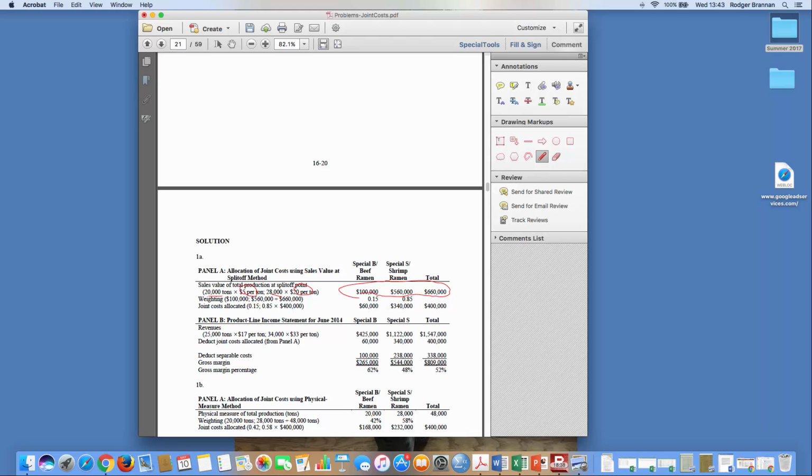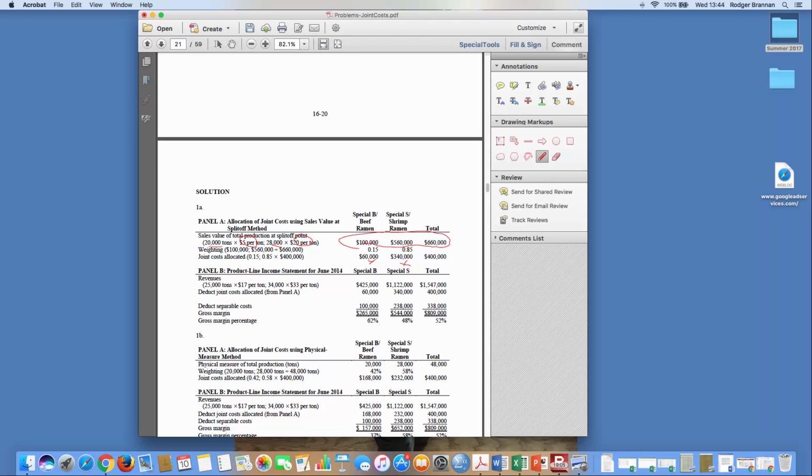an 85-15 split. Fine. 15% of my joint cost of 400,000, 60,000 of cost would be allocated to the beef, and 340,000 to the shrimp. Now, generally speaking, that's considered to be the most objective because you are virtually certain of the sales value at the split-off point. Beyond that, it's not quite as certain. Then you just bring down the information I have here to create the income statement, where I have the revenues that I would generate from each of the products, the joint cost, the 60, the 340,